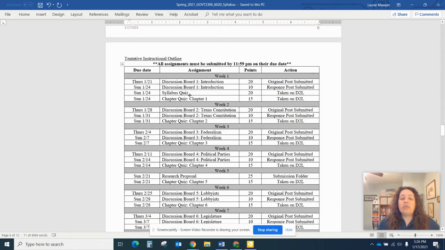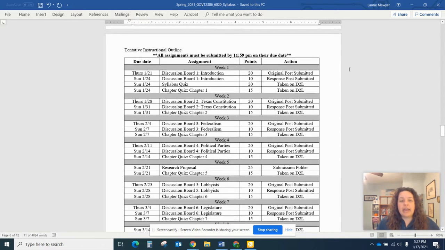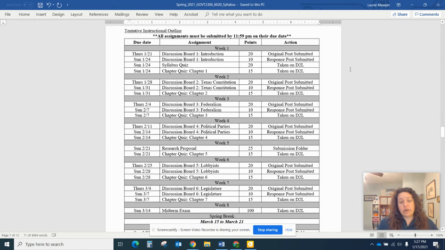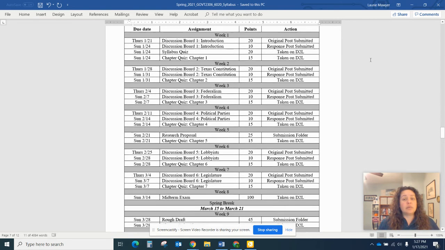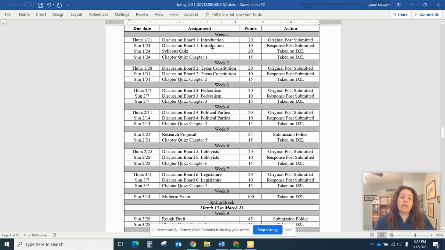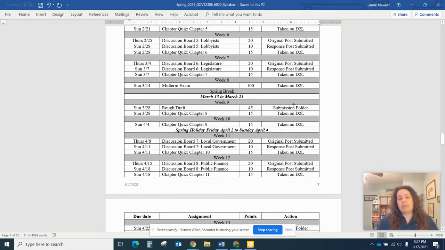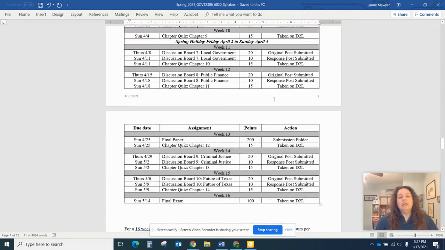Then on page 7, we've got the due date calendar, and this is your go-to. If you have a printer, print it out and put it somewhere prominent, program these due dates into your cell phone with a 24-hour reminder, write it down on a Post-it note and stick it over your bathroom mirror, whatever you need to do. But there's no reason why you should tell me you didn't know something was due, because it's in multiple places, and this is one of those places. This has everything on here: the due date, what it is, how many points, and what you have to do to turn it in. It's even got spring break on there and our spring holiday, so keep that in mind.